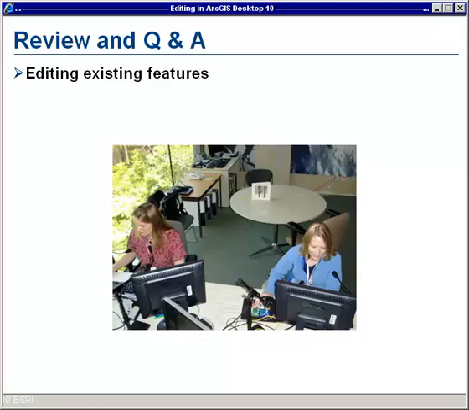Let's see, we have a couple here. We'll just do some feature template ones. So can I still edit if I delete my templates? Or also, Tom from Warren wants to know if I need feature templates to do editing. So the answer to that is if you want to create new features, you're going to need to create feature